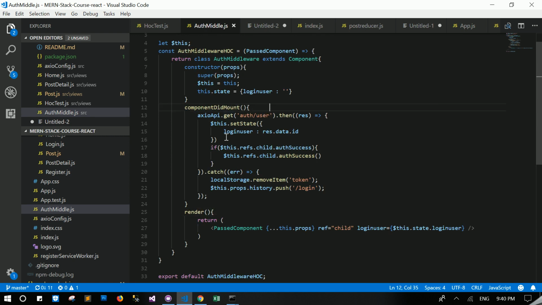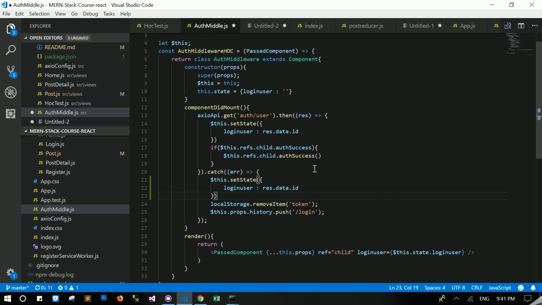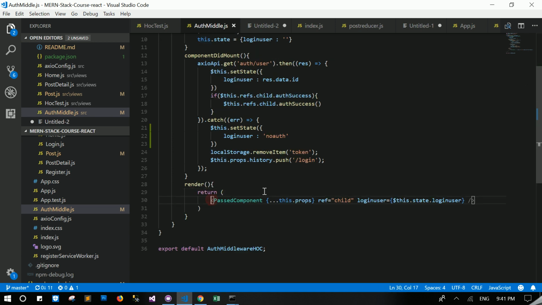The logic is about if we also catch this, and then we are going to pair like this, no off like this, and then in the return we should go to the function